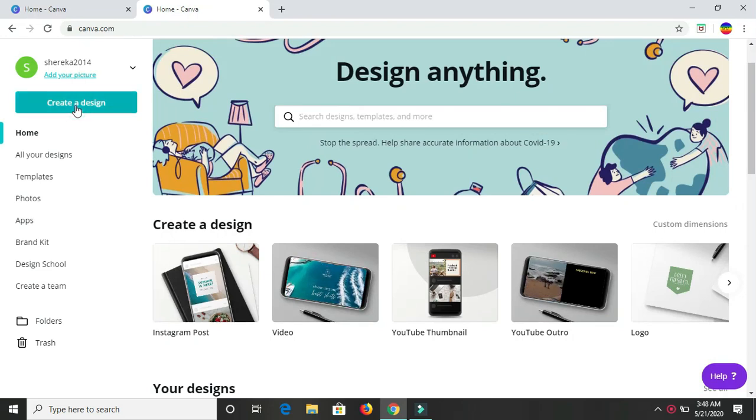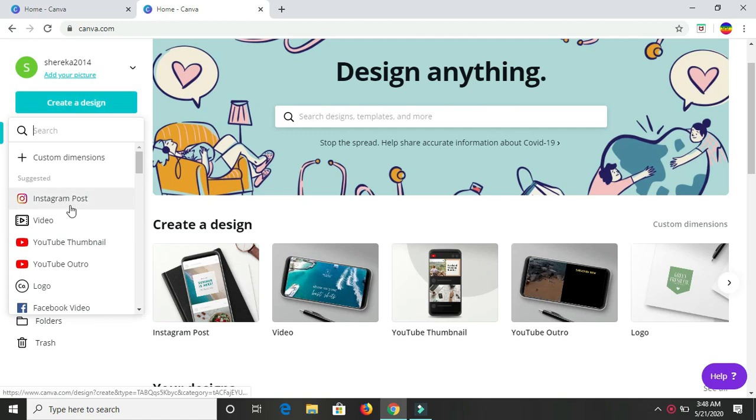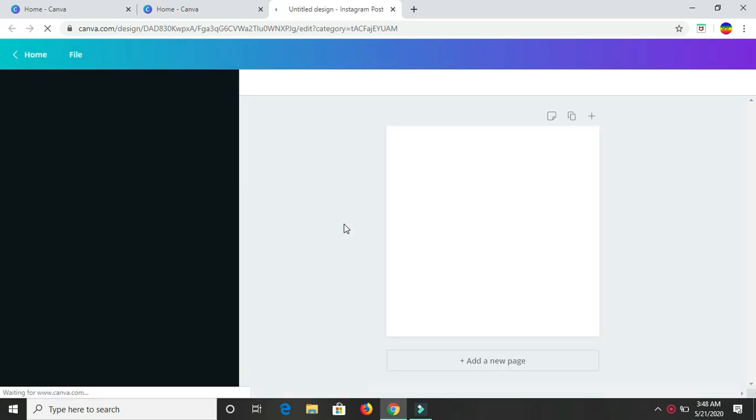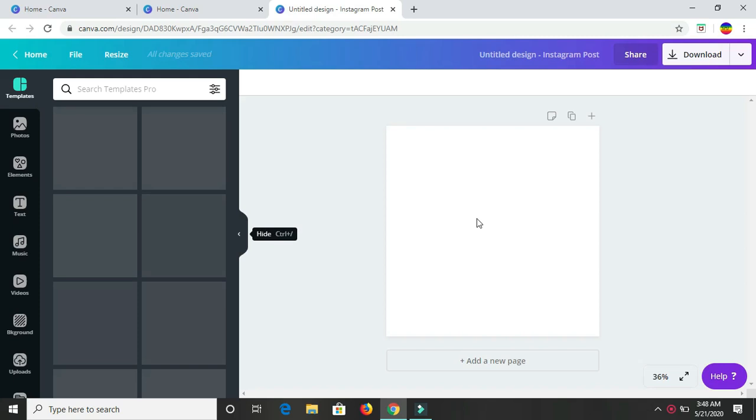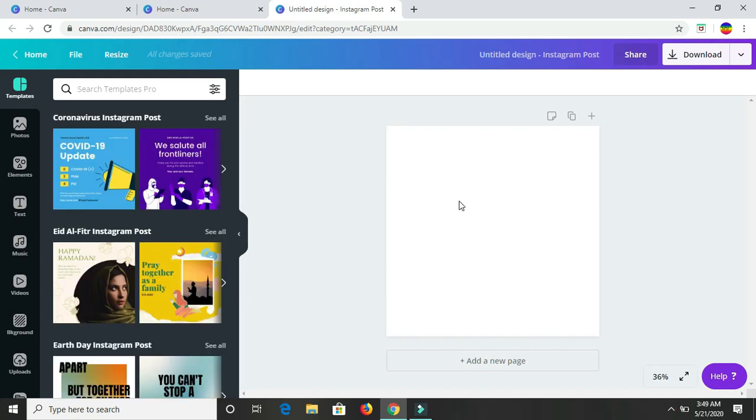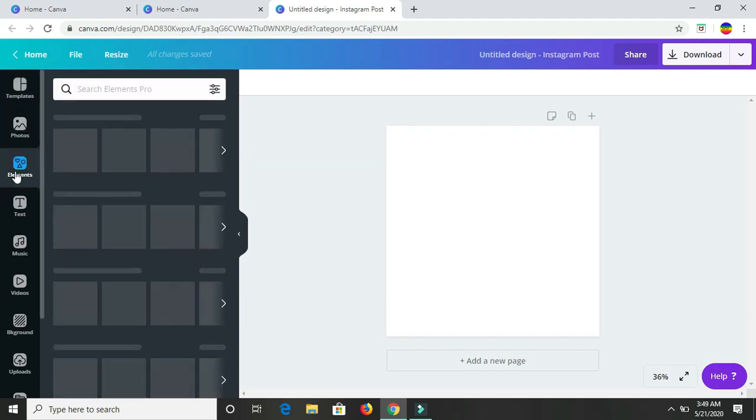To start off, guys, I'm just going to click on create a design and I'm going to choose Instagram post and work from there. Okay guys, so the first way is that you can come here and you can go to elements,